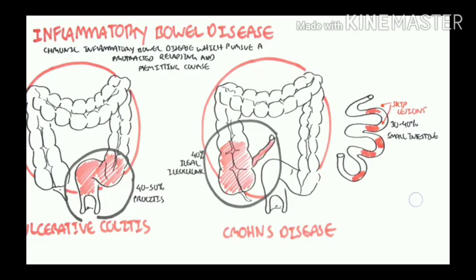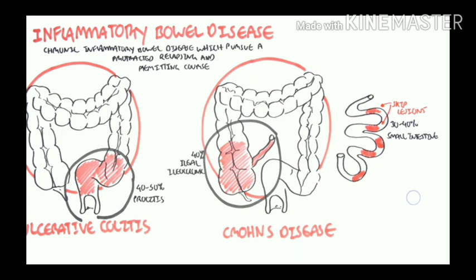Okay, inflammatory bowel disease is a chronic inflammatory disease. It is protracted, which means it lasts for a long period of time, and relapsing, which means a deteriorated condition after a period of improvement from the disease. And in the remitting course, we have less severe symptoms. Generally it is of two types, that is Crohn's disease and ulcerative colitis. These are the two diseases involved in IBD.